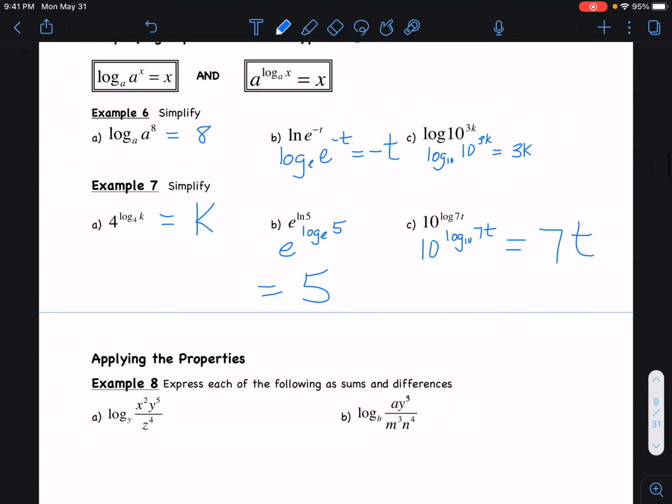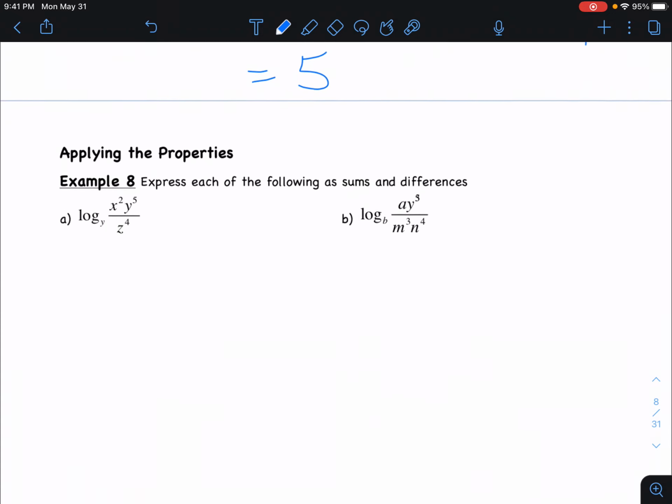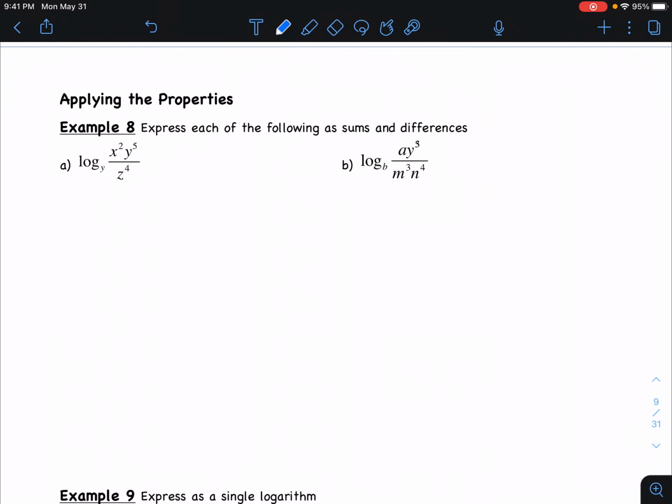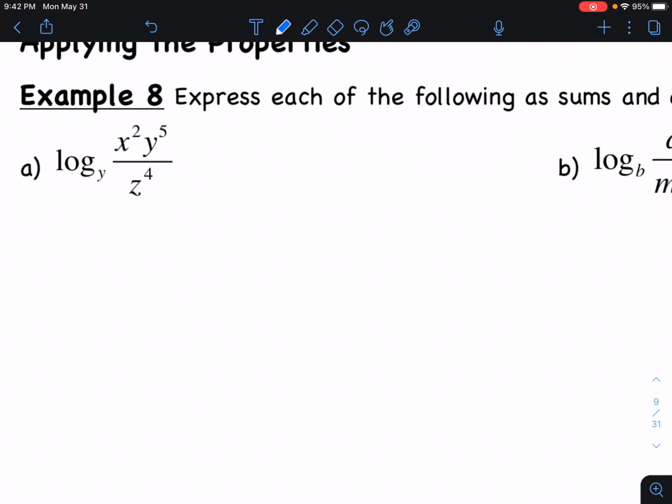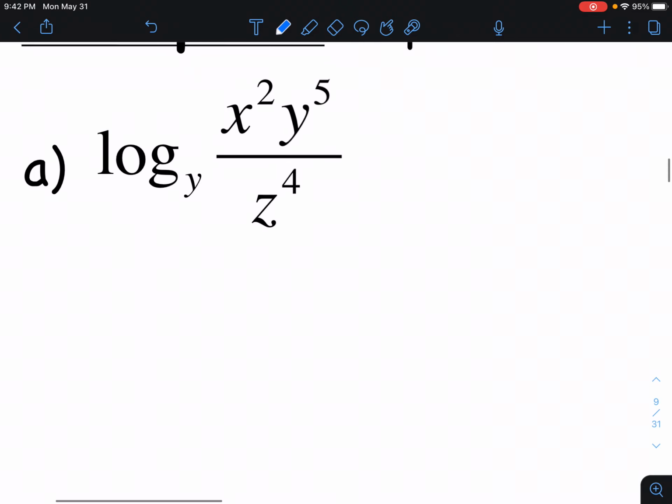All right, so in the next examples, we have now learned the properties of the logs from the previous day in part 1 and now in part 2. So what we're going to do is apply all the properties that we learned. So let's see what our goal is in example 8. It says express each of the following as sums and differences. That means I want to split this up. When I have a fraction here,